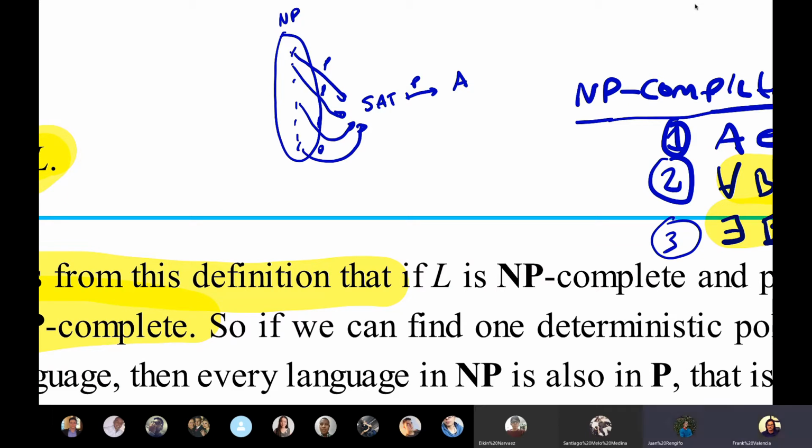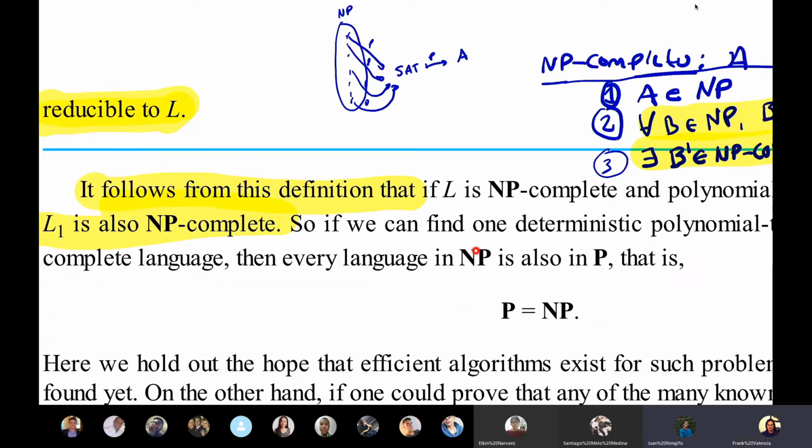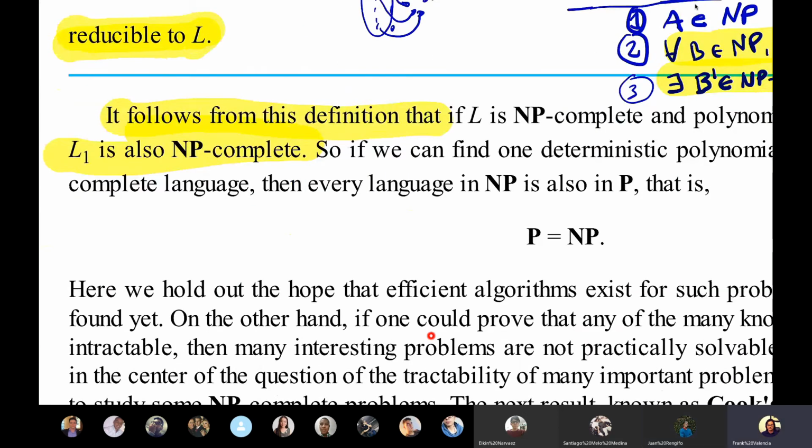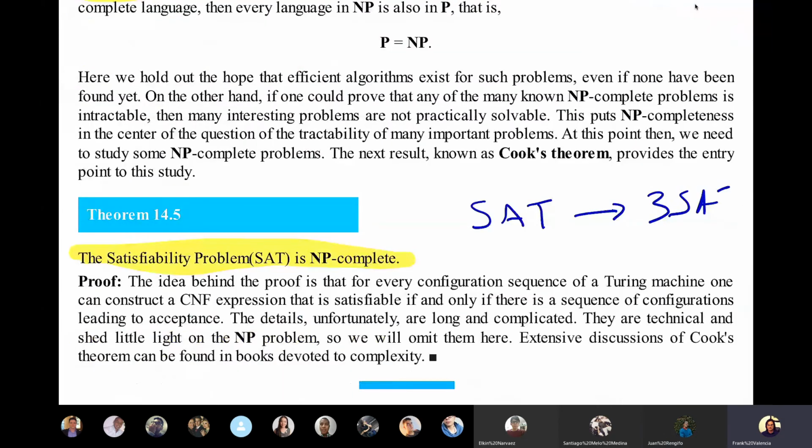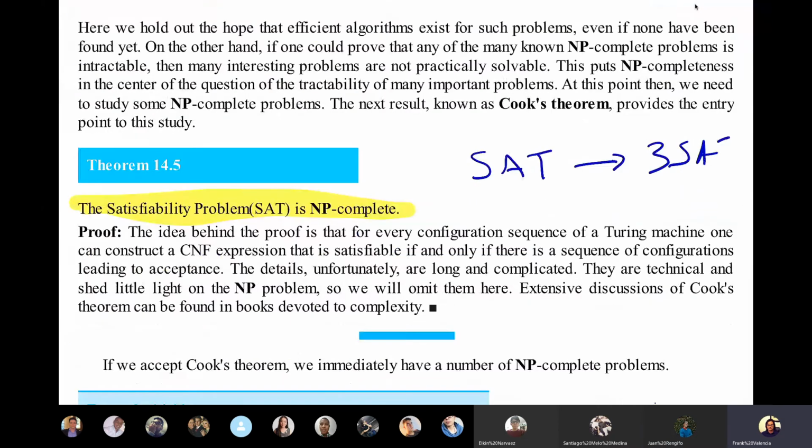Beautiful. How about the first NP complete problem? How did they know that it was NP complete? Yeah, that's an interesting question. So the SAT problem is NP complete. And the idea, I mean, the details are really terrible. The idea is that you can